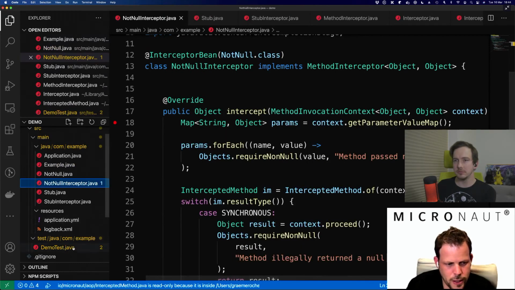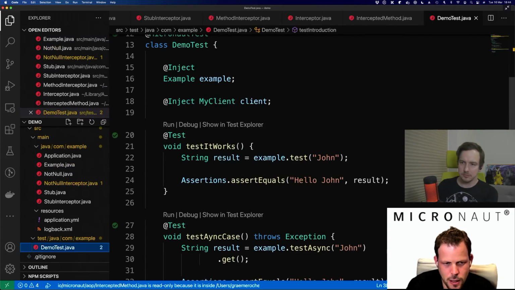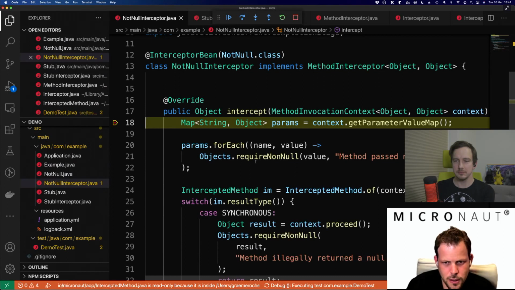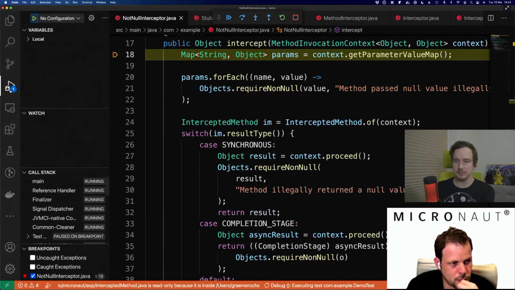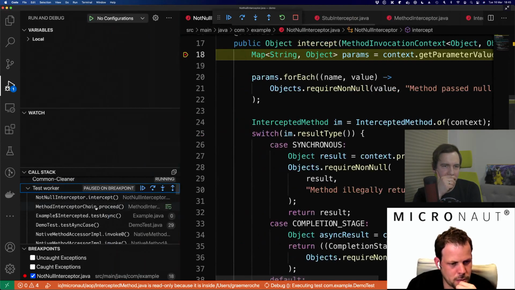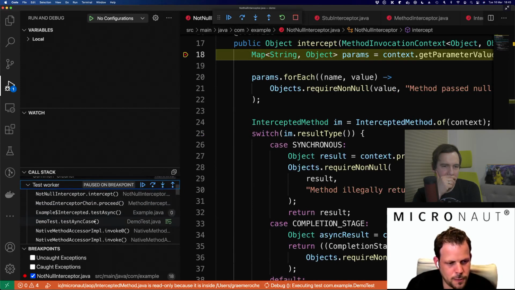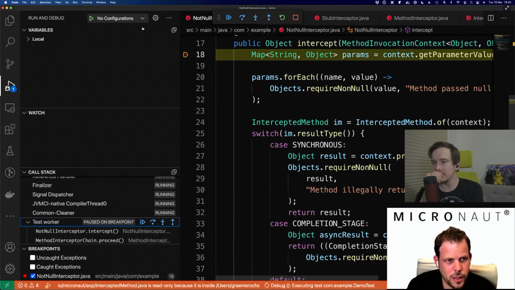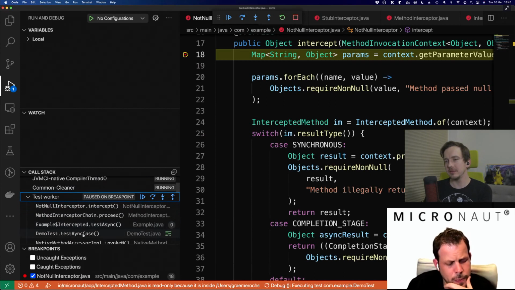So if I add a breakpoint here and debug this particular test, you can see my stack trace. I wrote the async one, anyway, it doesn't matter. I'm running the async test case, and you can see that the stack trace is very